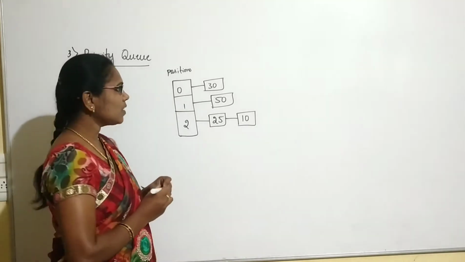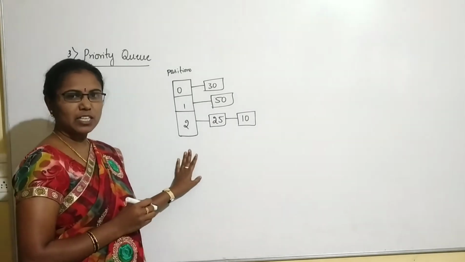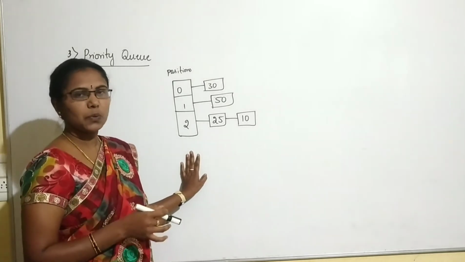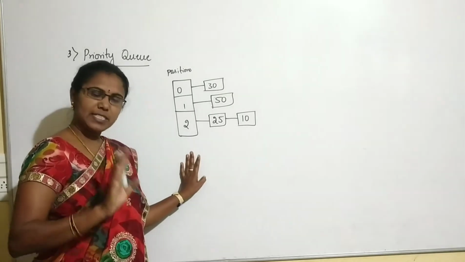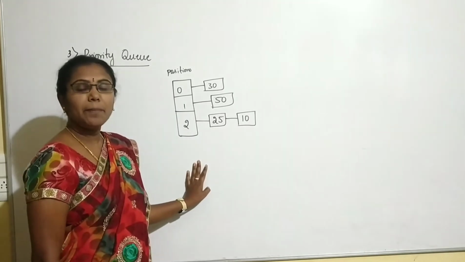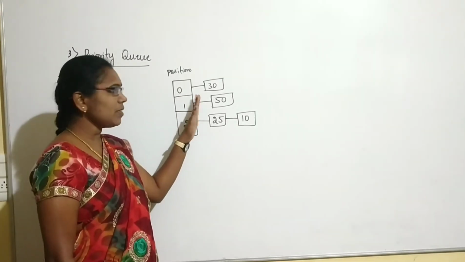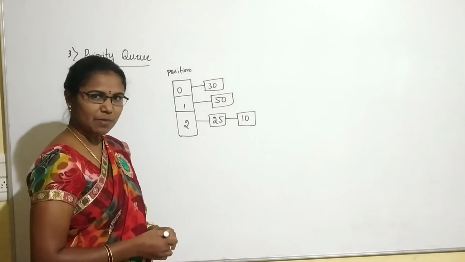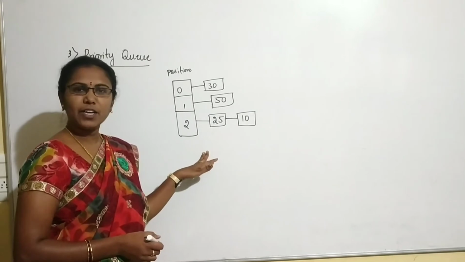Clear? So, there is only the definition, and you write this simple diagram for the priority queue. There are no other concepts in the priority queue. Clear? So, priority queue is a queue where the insertion and deletion operations can take place based on the preset priority or preset order. The elements can be inserted and deleted in whichever priority we want. Clear? So, this is a diagrammatic representation of the priority queue.